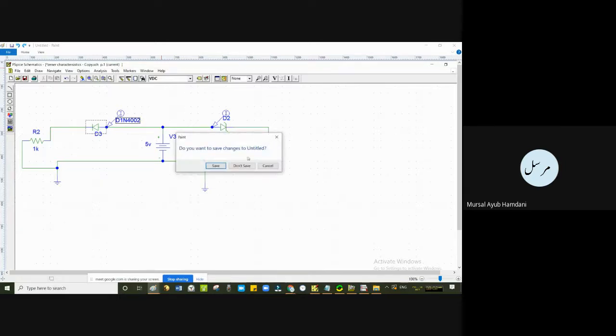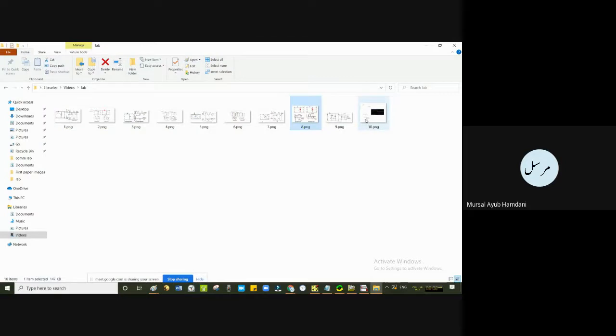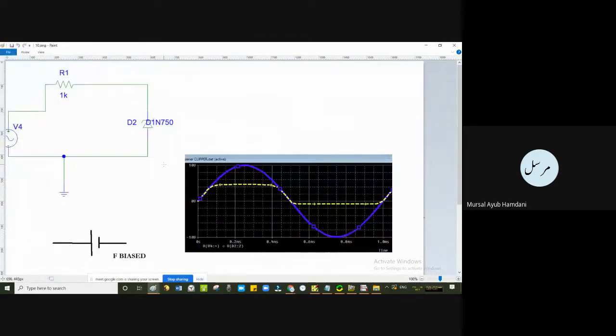Now here is that. Now again, let us take this positive and negative. What will this positive and negative make this Zener diode? Reverse or forward? Obviously, it will make it reverse biased. However, as we saw in the VI characteristics,